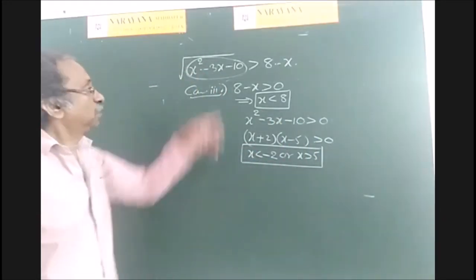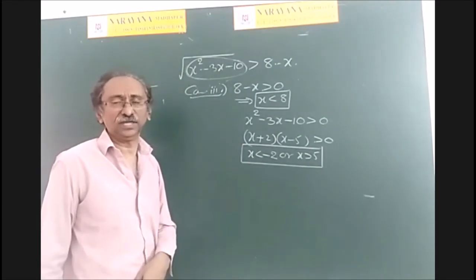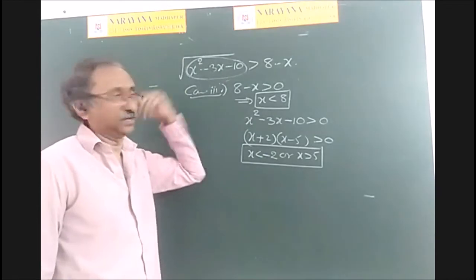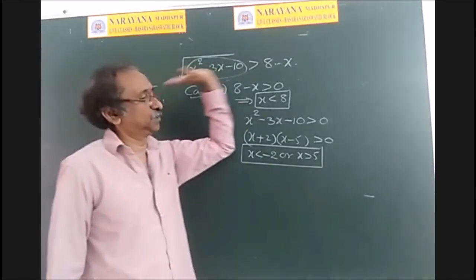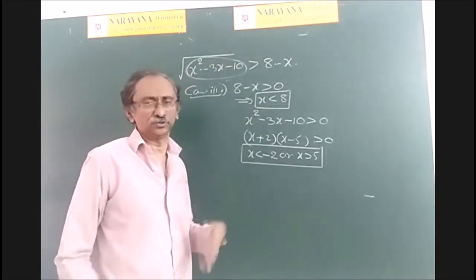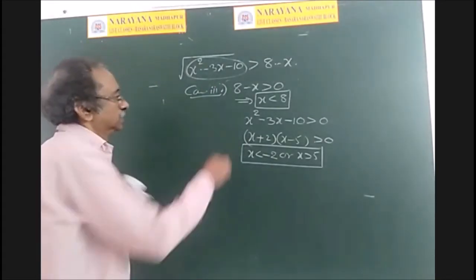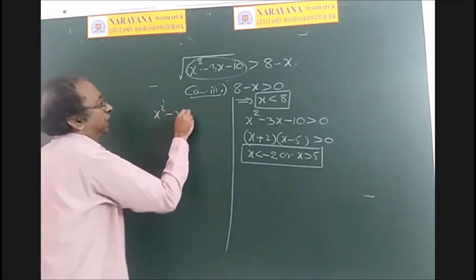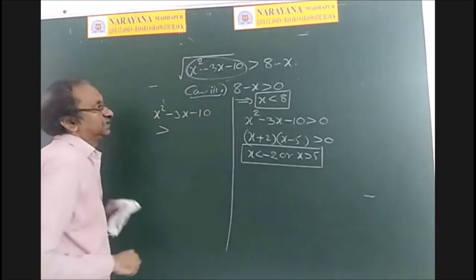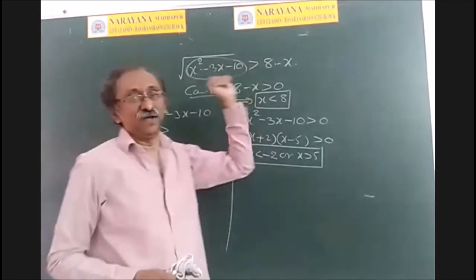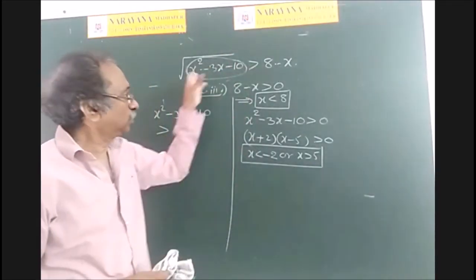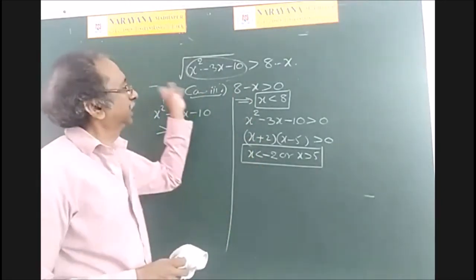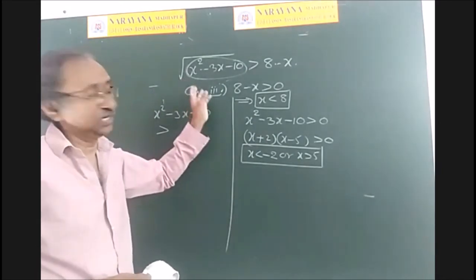And the third one, now we have to solve that inequality. In case 2, there was no necessity to solve that inequality because the left hand side is positive, right hand side is negative. Always true. But here it is not like that, both are positive. And now squaring that inequality, x square minus 3x minus 10 greater than. So if both are positive numbers, why don't I square directly in the first case only, without all these cases? Why don't I take that quadratic inequality and square it?